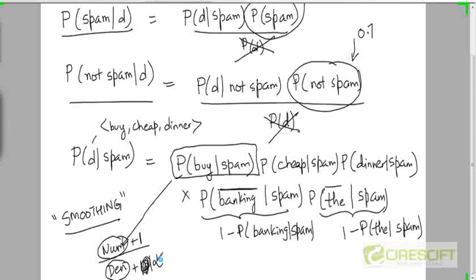Okay, so the number of classes is 2 here. Or alpha could be the number of terms in the vocabulary, the size of the vocabulary set V. There are different ways to do smoothing, and again you have to see which of them turns out to be empirically better. But if we put alpha equal to the size of V, what we are imagining is that